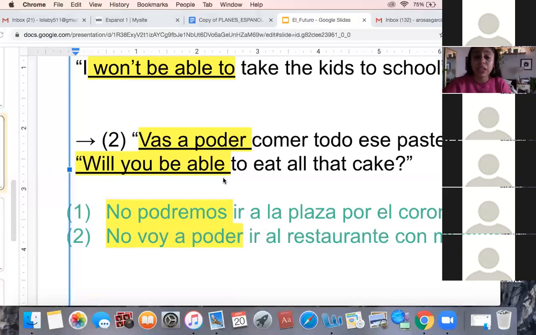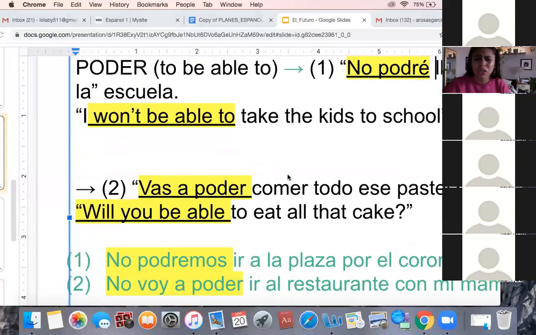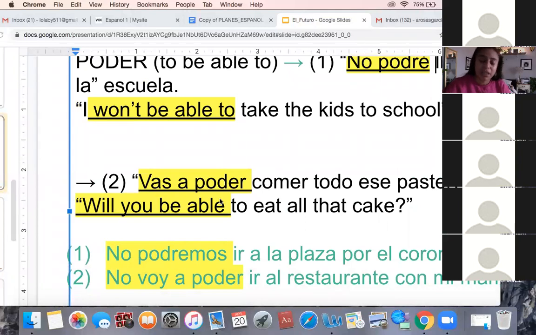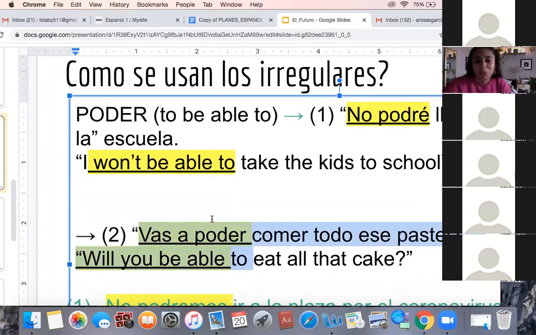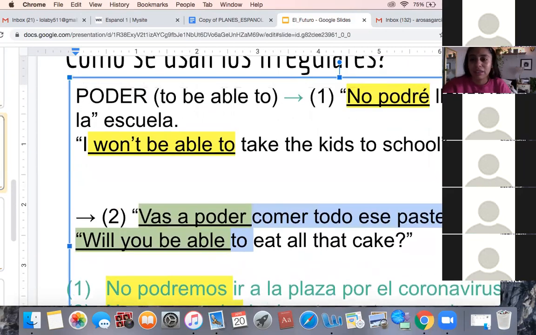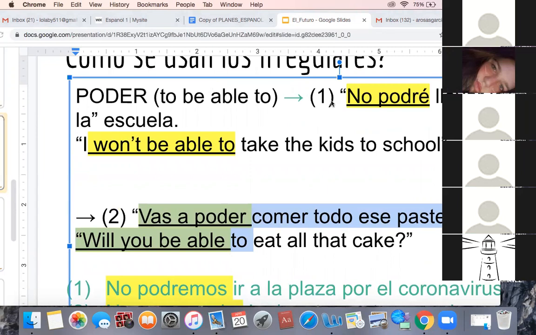When we take the test next week, it's not going to affect too much if you do this way instead of this way. But I still want to teach it to you because eventually you'll speak to somebody and they're going to come up with this and you'll be like, I don't know what you're saying. But in my experience and as a native speaker, most people use this, voy a poder. Like you don't say no podré. You say no voy a poder. And we have 3 native language speakers. Let me ask Perla. Perla, is that correct? Like most people don't use podré. They say no voy a poder. Yeah, correct. Right? Okay, so see, I'm right.